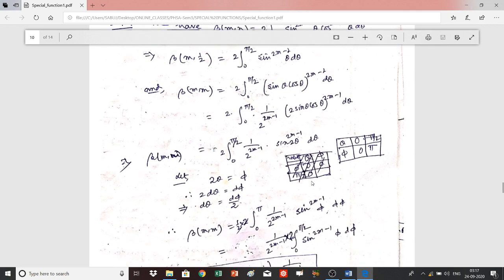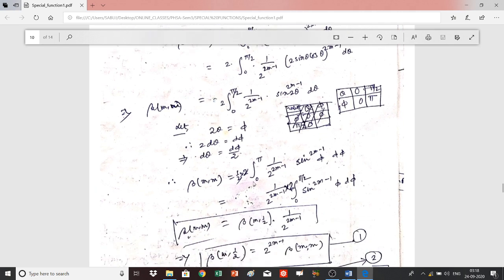Now replace 2 theta by phi. So 2 d theta will give you d phi, or d theta is d phi by 2. And here is the change of the limit. Just look here, theta 0, then phi 0. Theta is equal to pi by 2. Since phi is 2 theta, it will give you pi. So beta m m is equal to